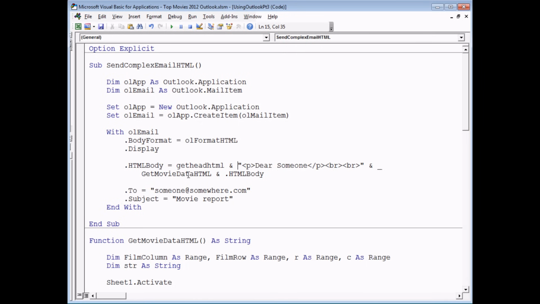Then we'll get the result of the GetMovieData function, which will do its same job as last time. Then we'll join on the signature, essentially, which is what the HTML body property will give us. And finally, I suppose technically we should close the body tag as well. As we opened the body tag in our GetHeadHTML function, we should also make sure that we close the body